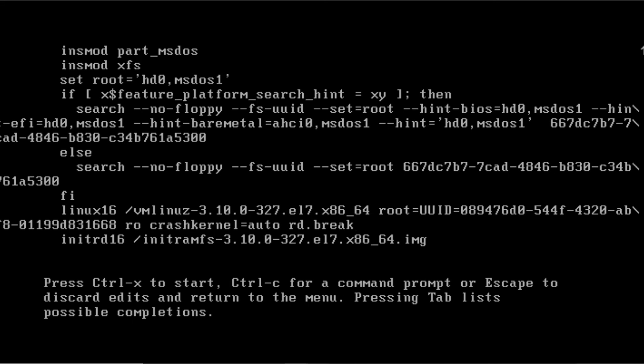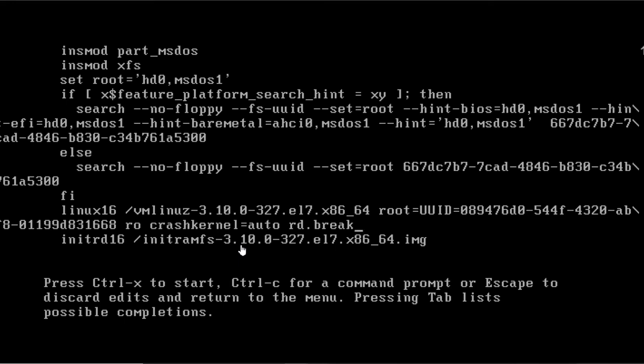So first the kernel loads, then it loads the initial RAMfs, and in this temporary file system it creates one directory, /sysroot, and in that directory it mounts our main file system. So rd.break will break the process before our main file system is loaded, when the temporary file system is loaded and our main file system is about to load.